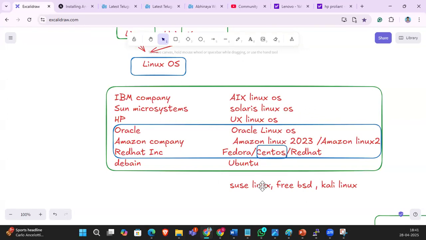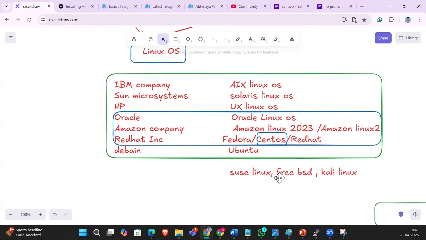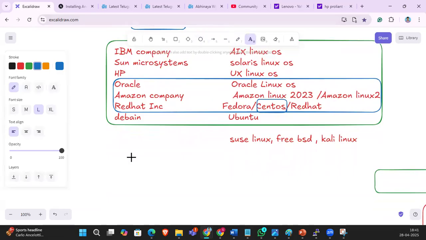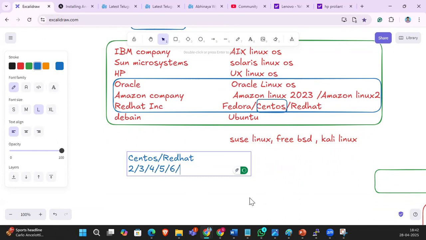So in this course, we will discuss CentOS. Which Linux OS are we using, guys? CentOS, Red Hat. The versions started from 2, 3, 4, 5, 6, 7, 8, 9.